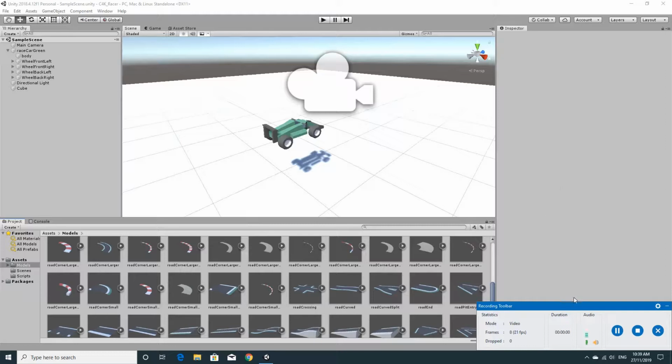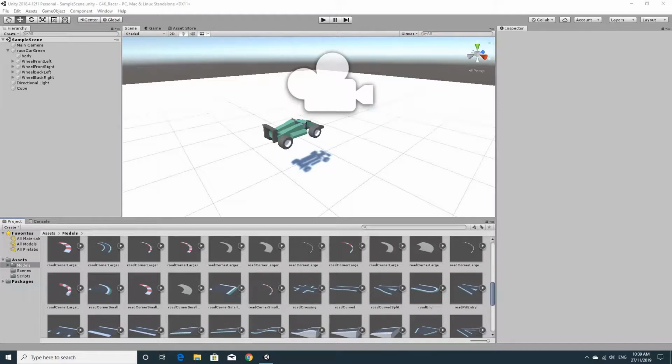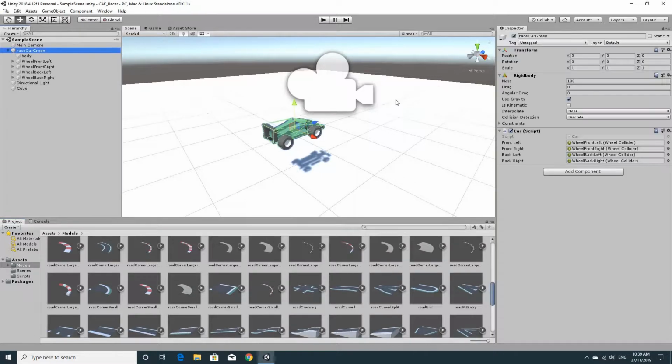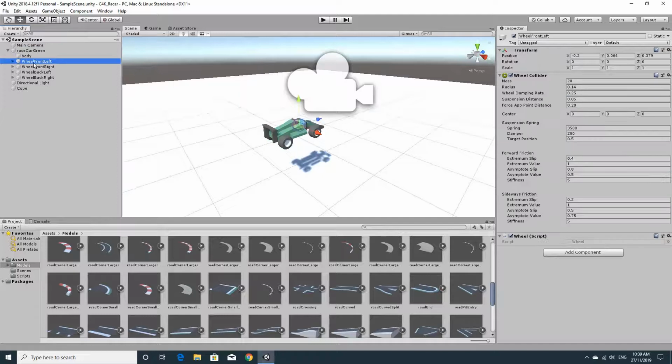Hi and welcome back to part 5 of our tutorial. We're going to get on to some level design now. A couple of things I wanted to do just to make our lives easier is just wanted to show you some of the tweaks that I made